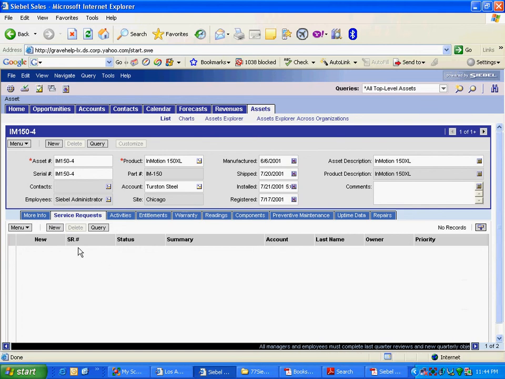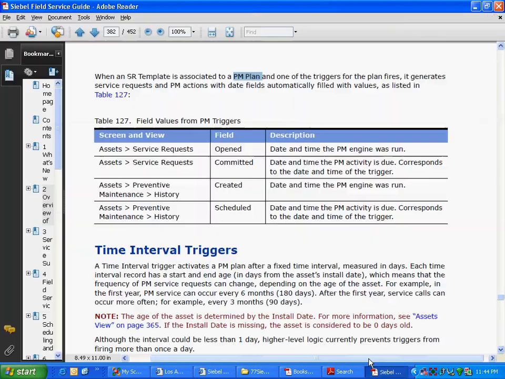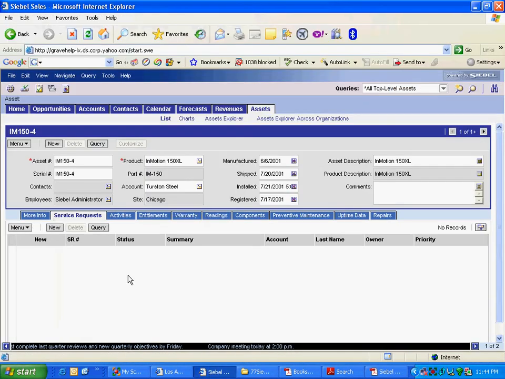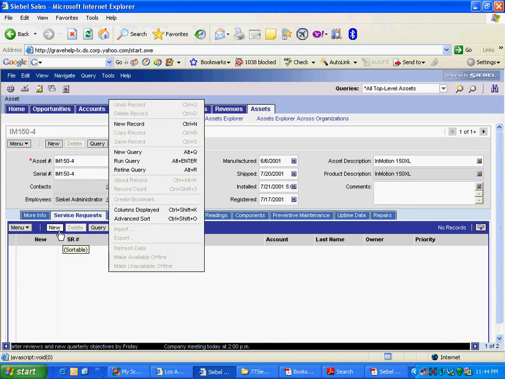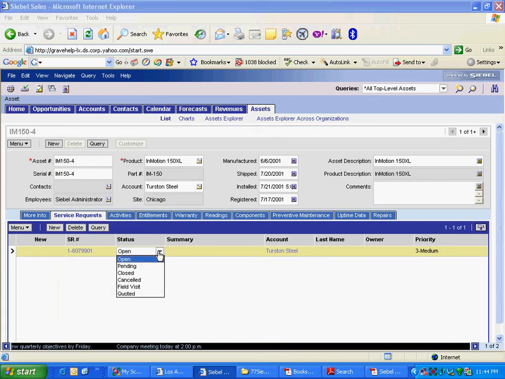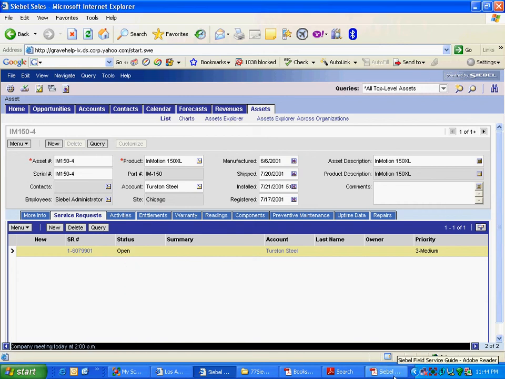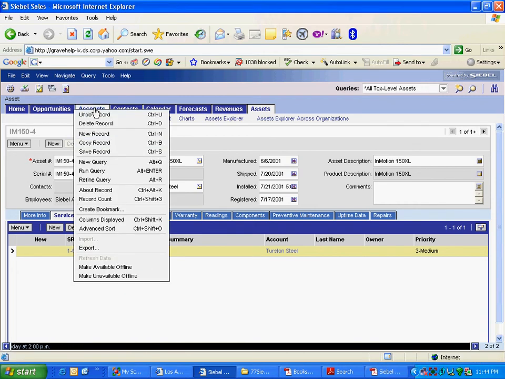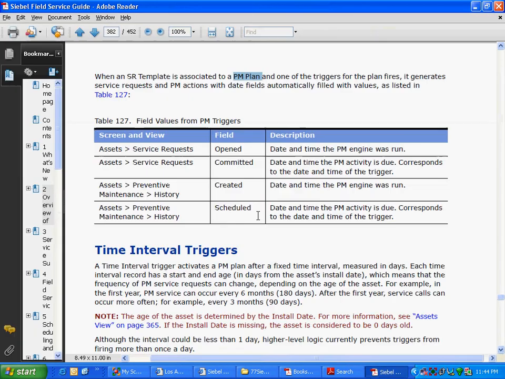Where is it? Open in this thing. This is what he's talking about. So it is a service request, this thing. Okay.